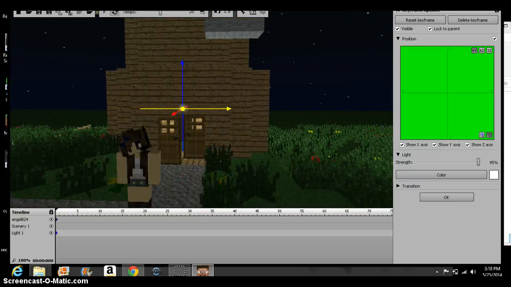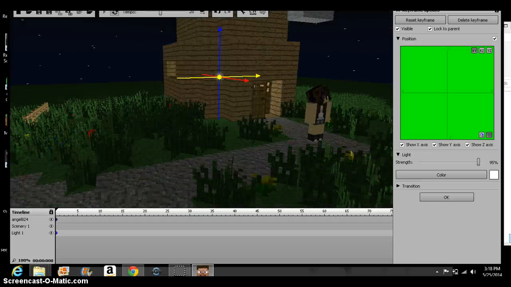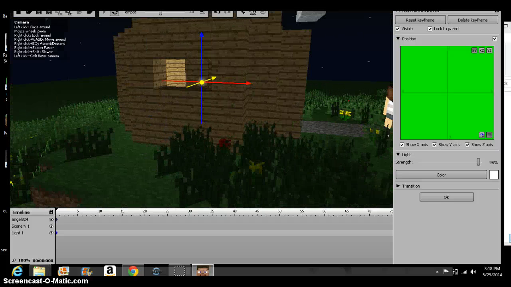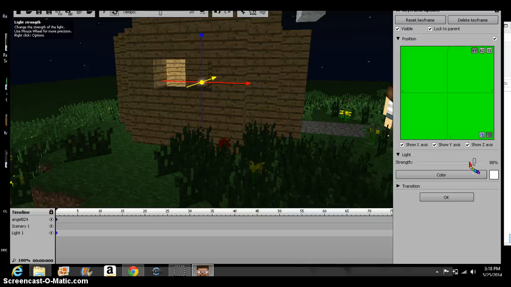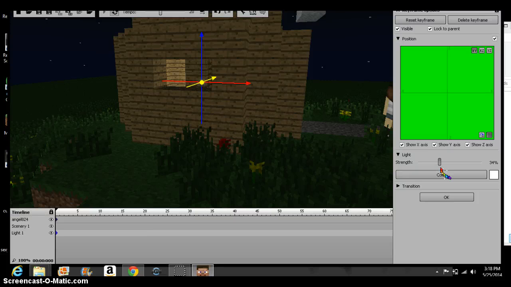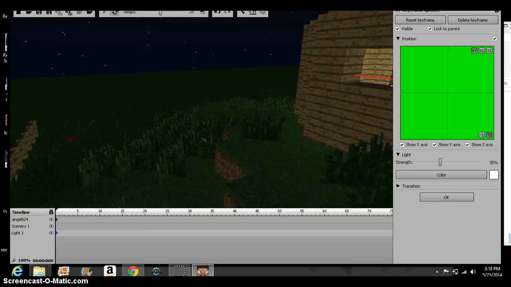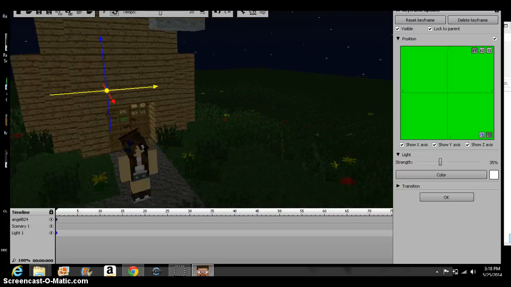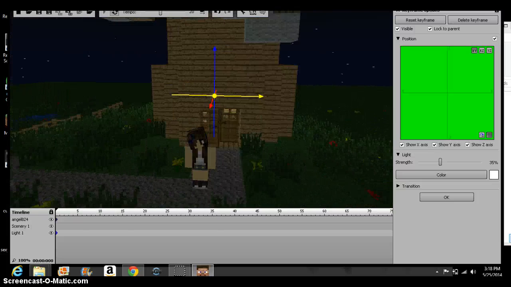But you see how bright it is? I'm not sure if I really want it that bright. Because I want it to be shining outside, but not that much. Yeah, so that should be good. Okay, so now that you have that,